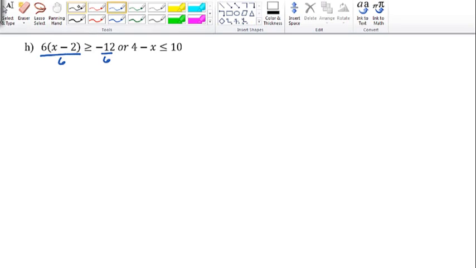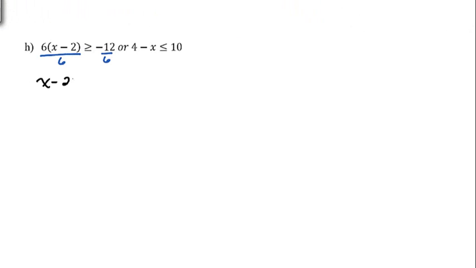And our last example, we have 6 times the quantity x minus 2 is greater than or equal to negative 12, or 4 minus x is less than or equal to 10. So you could either distribute the 6, or because negative 12 is divisible by 6, I would just divide by 6 right away and get that out of there. That leaves you with x minus 2 is greater than or equal to negative 2, and then you could add 2 to both sides. And we get x is greater than or equal to 0. You could, like I said, distribute the 6 first, and that would give you the same answer as we just got right now. On the next one,